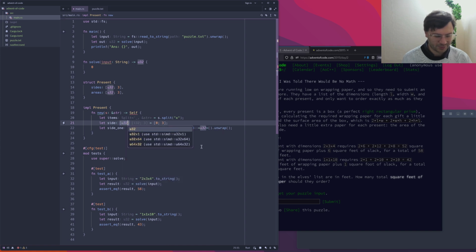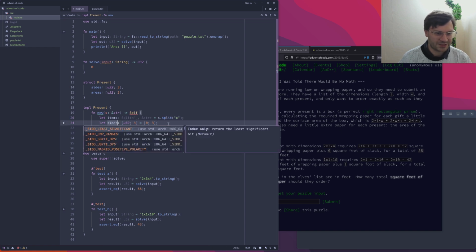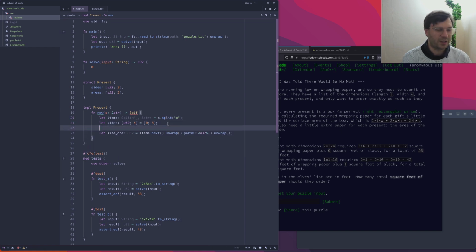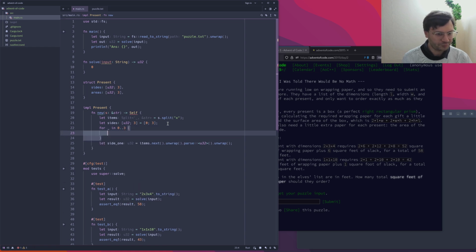I'm going to say the U32, 3 of those. So then we can just pass those in when we instantiate the present. And we're going to just do a for loop, for i in 1, 2, 3, so we loop 3 times. And what we're going to do then is take that i, let's take the index, and we can then say